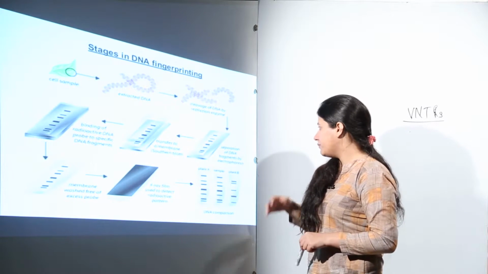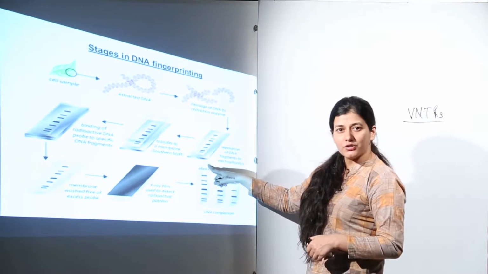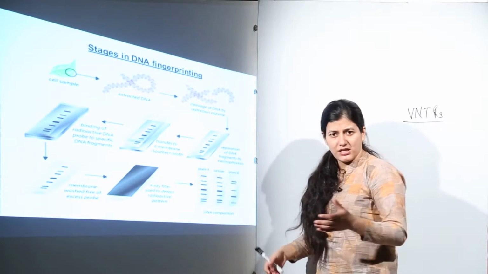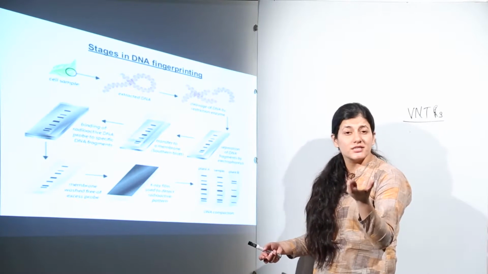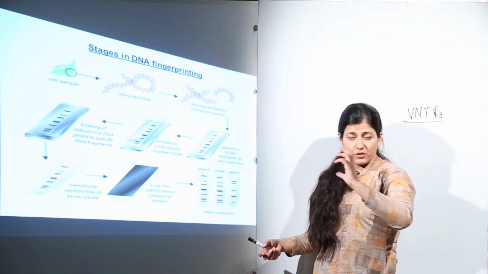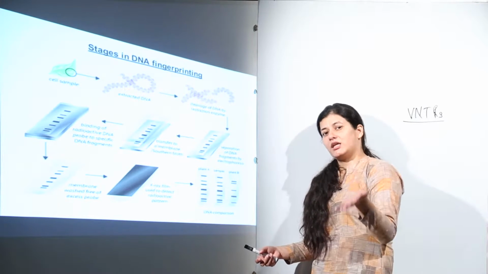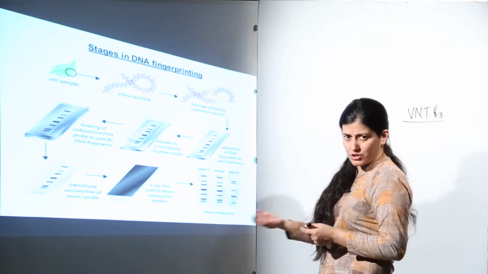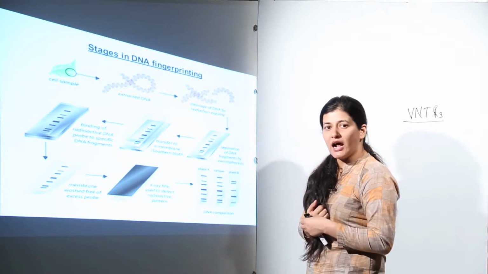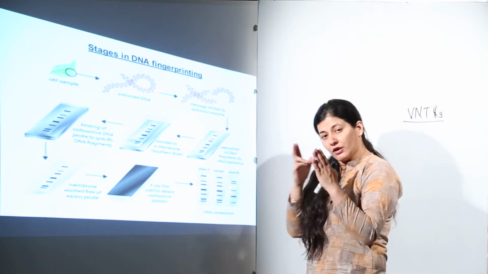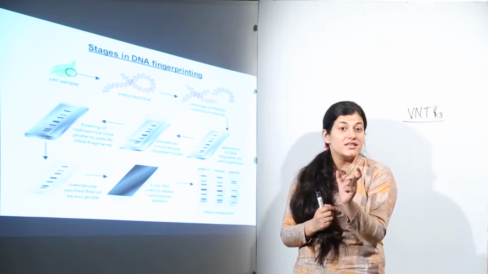Now, the fragments which are obtained are separated using gel electrophoresis. What is gel electrophoresis? Gel electrophoresis is a technique where we use agarose gel for separation of the fragments according to the size of the DNA fragments, using the anode and cathode principle. DNA is negatively charged, so it rushes towards the positively charged part and we get fragments. These fragments are arranged according to size. The VNTRs that would be formed would be cut and there would be a specific size pattern.